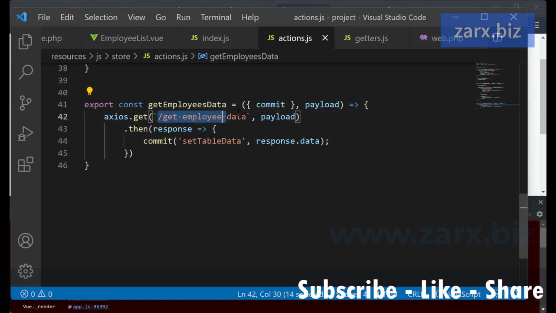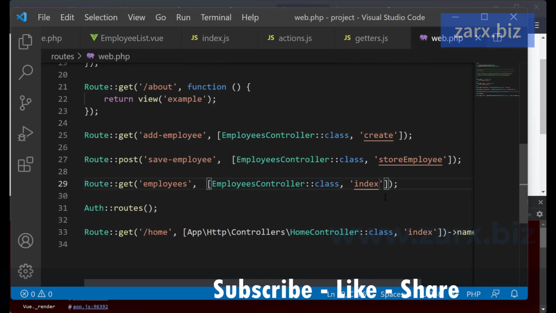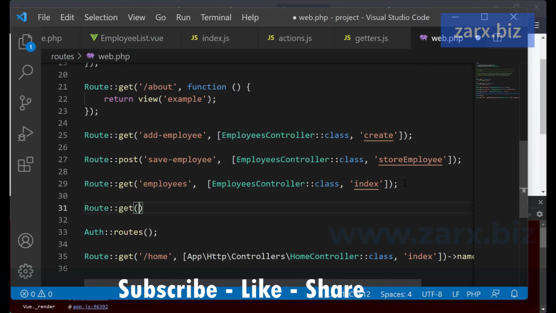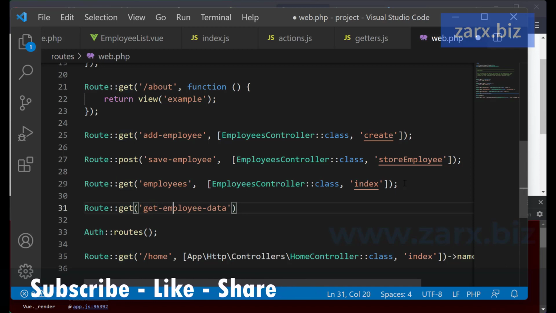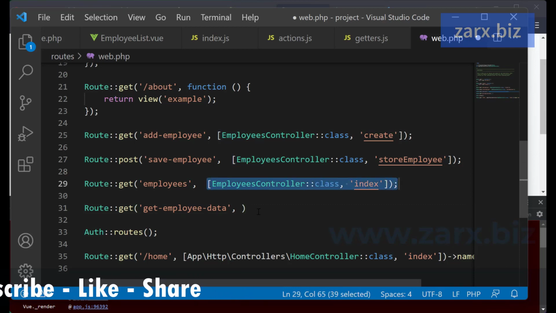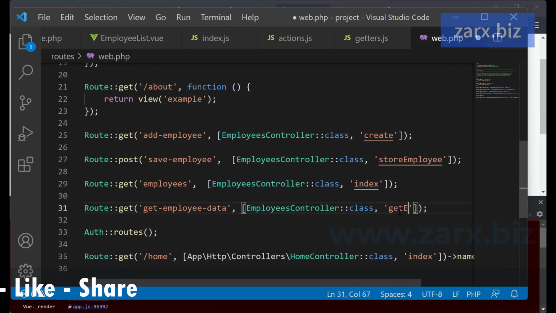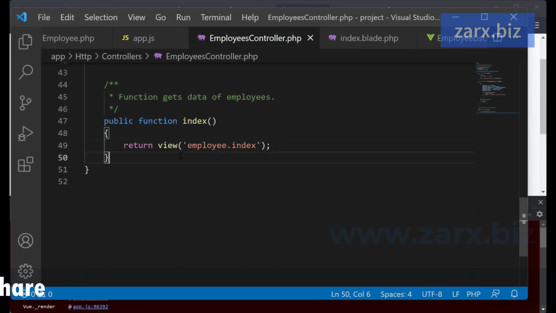Now we don't have this URL, so we need to go there. So let's create the route. I go here, and here we're going to create a route, and it's going to be a get route, and we want to pass the URL. We can remove the slash, and then after the comma we need to pass the same. Now the method is going to be get employee data. Alright, simple enough. Now we don't have this method, so let's get back to the controller, and here we say